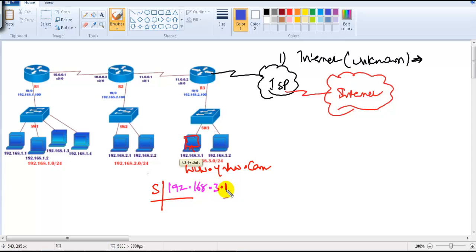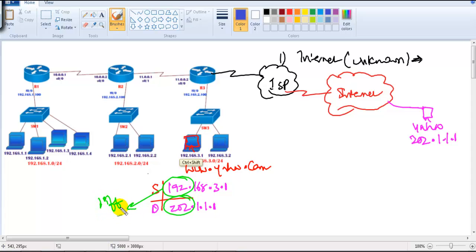192.168.3.1, from where the packet is coming, that is from the 3.1 computer, and the destination is somewhere on the internet here. There's a Yahoo server, assume, and the IP address of that Yahoo server is 202.111. Assume this is the IP address, some public IP on the internet, and the destination is 202.111. So whenever any packet comes from 192 network, and the destination is 202 network, which means they are on different networks. So whenever a PC realizes that it is on a different network, it is going to forward the packet to the gateway, which means that it enters the router,